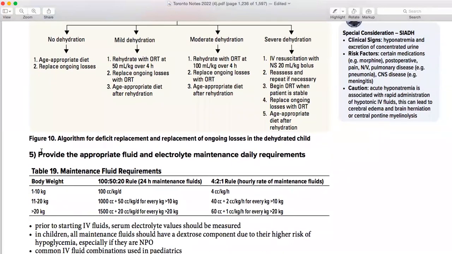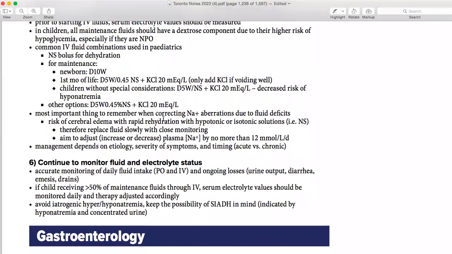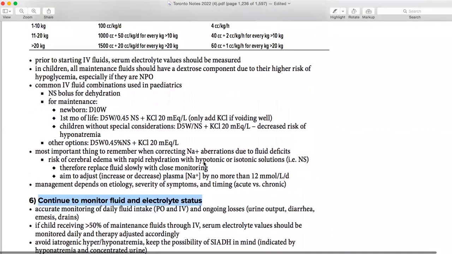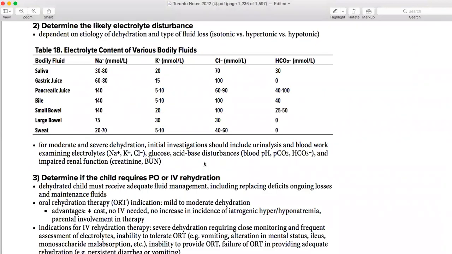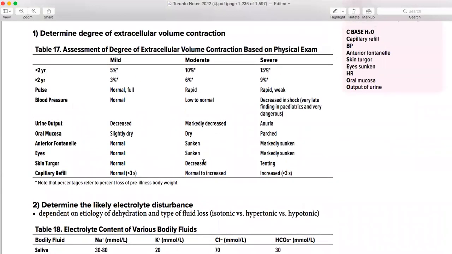The fifth point is to provide the appropriate fluid and electrolyte maintenance daily requirement. You need to remember this formula. When I read it, I will let you know. Then comes the sixth point, continue to monitor fluid and electrolyte status. Now starting from the first one, I read it generally. You have to know all these six criteria, and then you check wherever it is applicable. On the basis of that, you are going to